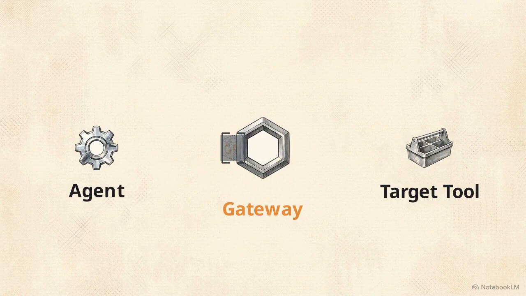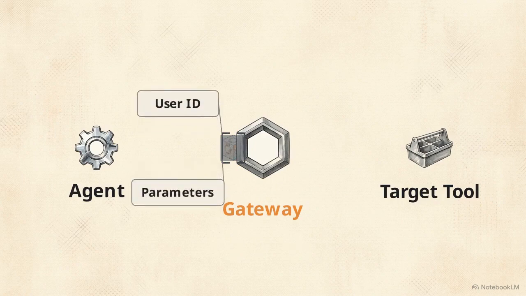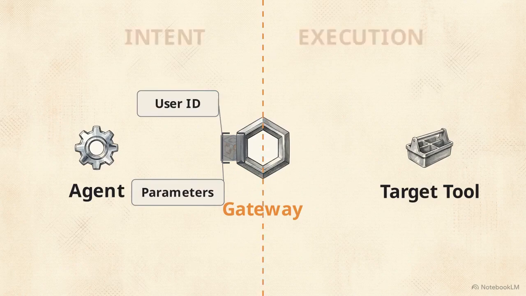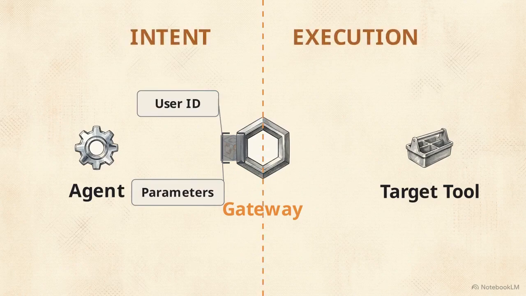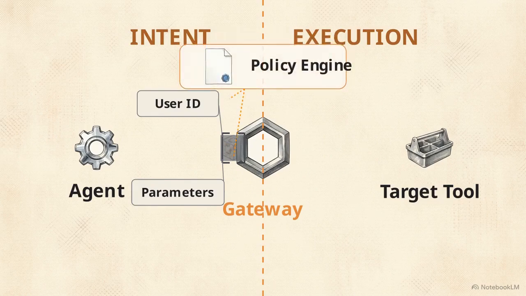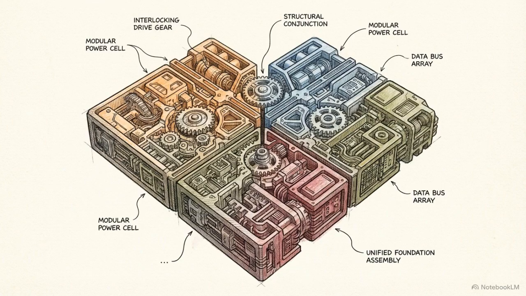The gateway extracts the user identity and tool parameters from the suspended packet. The gateway physically separates what the agent intends to do from the actual execution of that intent. The decision to allow or block the halted request is made by a policy engine sitting directly at this gateway boundary. This engine uses Cedar to evaluate requests against the PARC authorization model: principal, action, resource, and context.